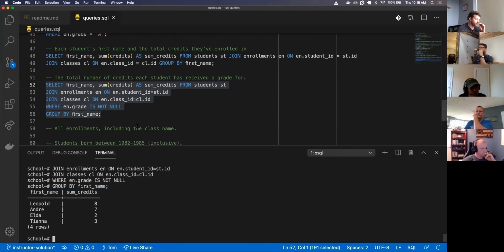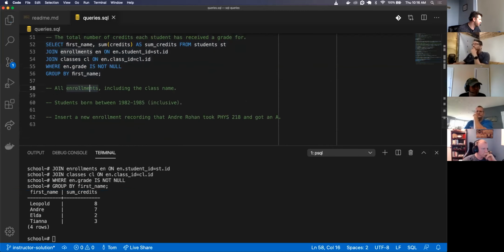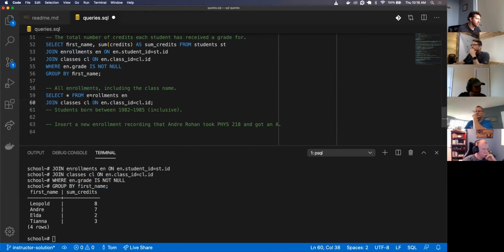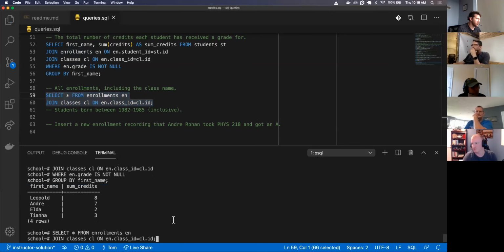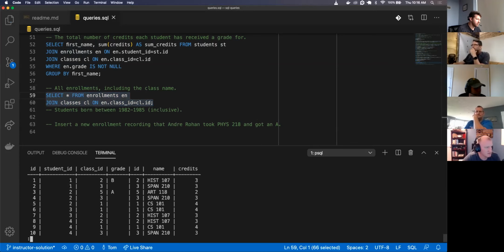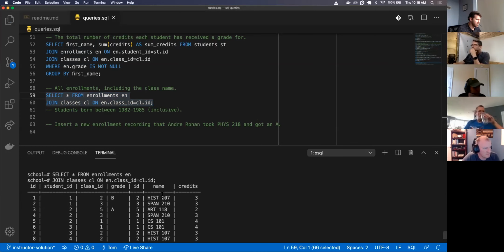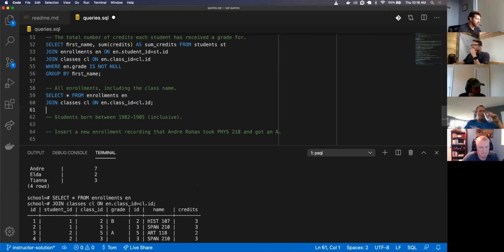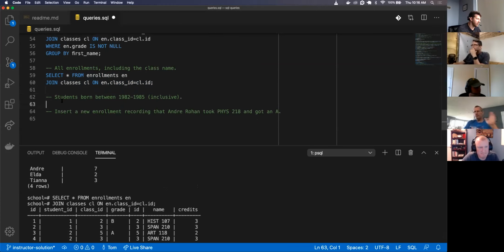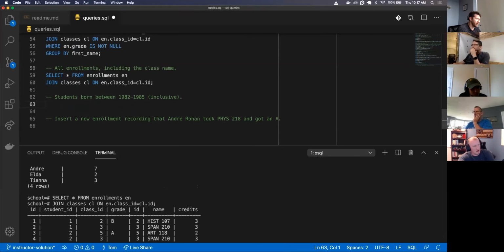There we go. And all enrollments, including the class name. Select everything from enrollments, join classes. So that's pretty straightforward. Then students born between 1982 and 1985, inclusive of those years.